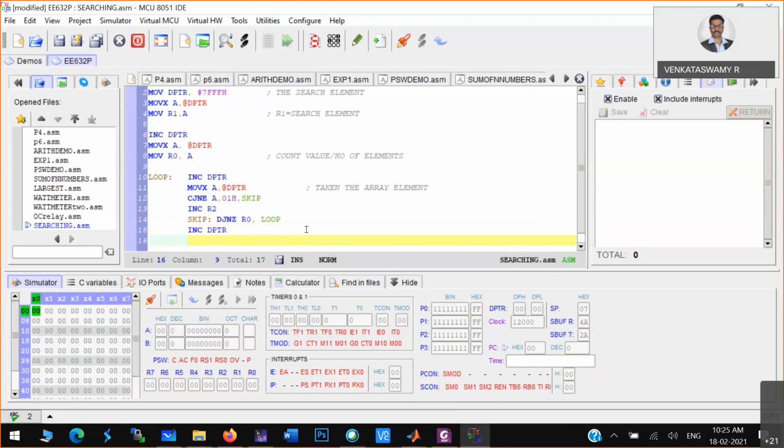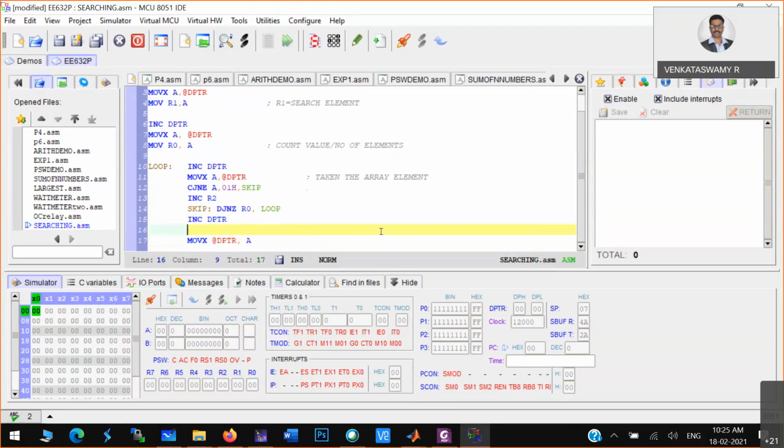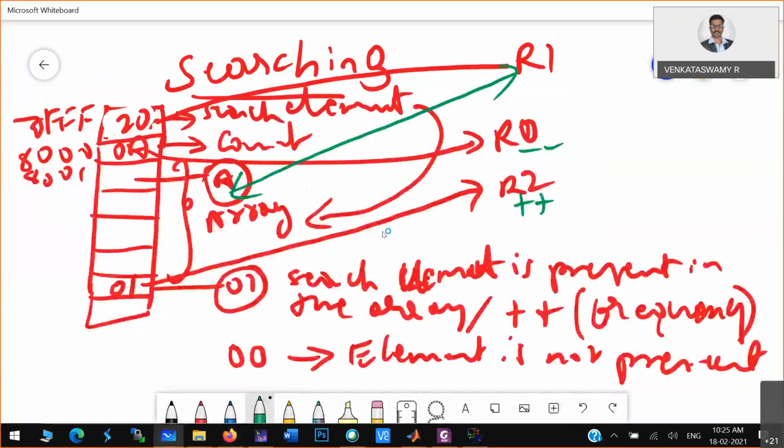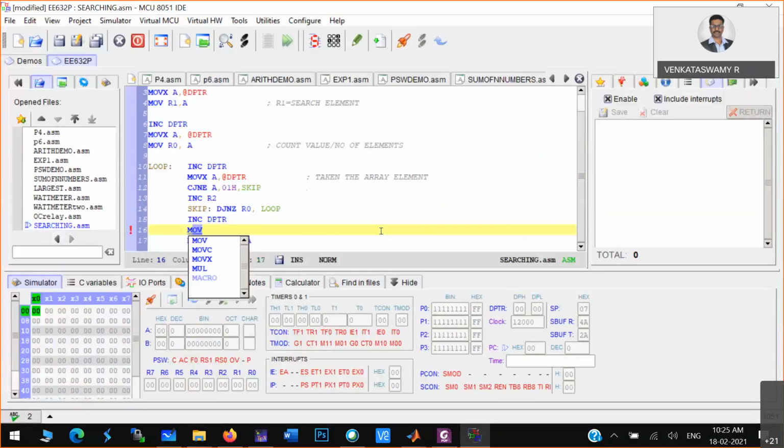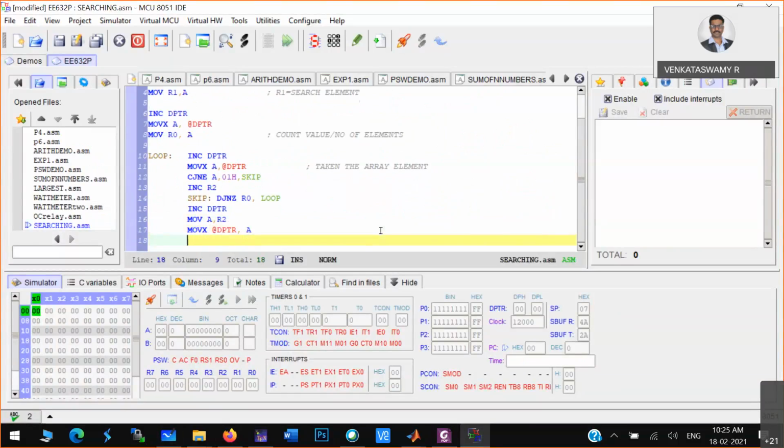You have to move the content of R2, that is the frequency. So MOV A, R2. So move that R2 to A, frequency to A, and move that particular value to external memory. After that you just end the program.